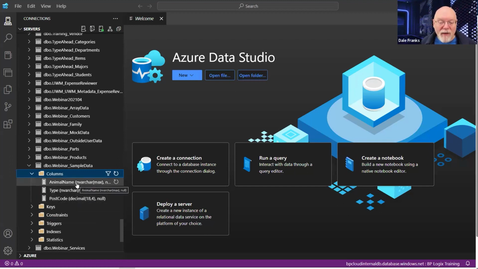Now, these fields here, the animal name and the type, they're fine. Technically, they're the correct data type, but they're both varchar max fields. I'm not going to get into all of the SQL data types about varchar and nvarchar. We're not going to do that. If you want to know about that, study that on your own. All we need to know is that these are text fields, and that's great because that was text data. But it's going to default to creating them as max fields.